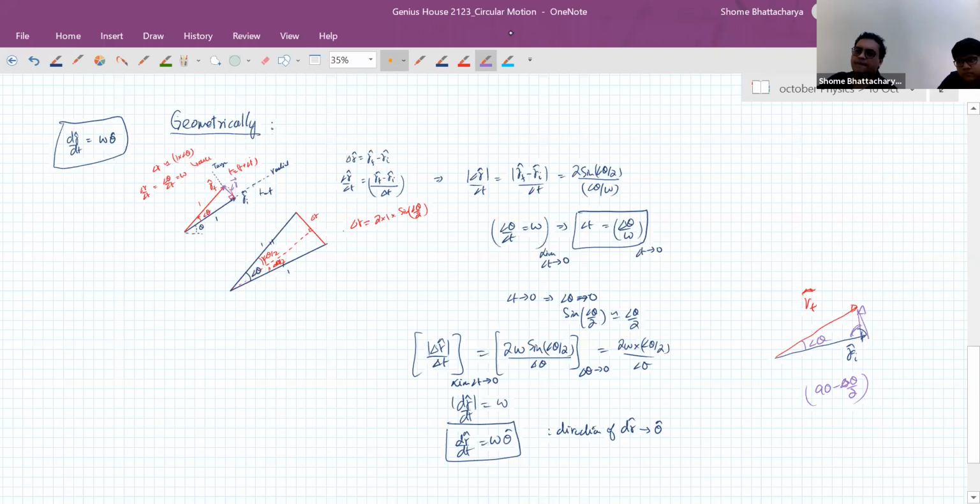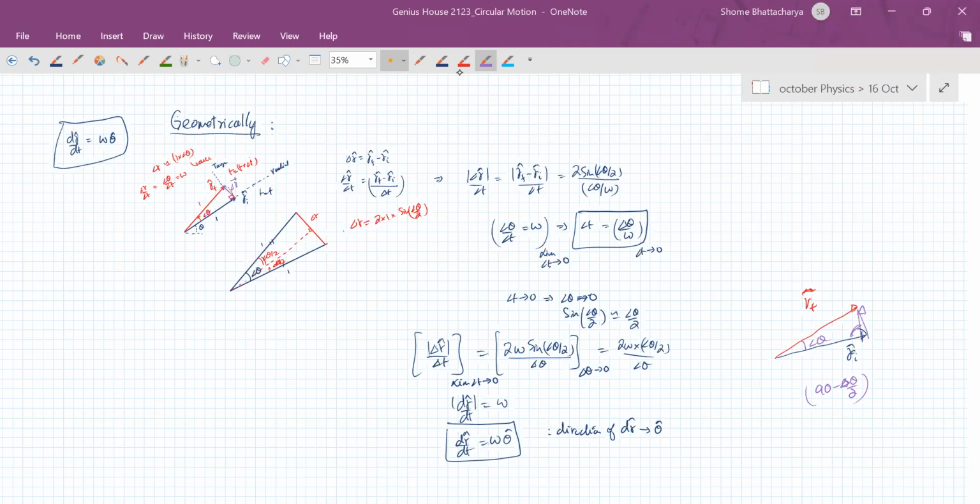Is it clear, beta? Sir, it makes sense mathematically. I'm trying to imagine it. Yes, that's what I'm saying. Try to imagine this. So this red line, Janvi, it has come almost in contact with the blue one. Understood? As this comes closer and closer, this angle delta theta is smaller and smaller. So this angle is tending to 90. These two angles here, they are both tending to 90 instead of 90 minus delta theta by 2. Okay. Yes, sir. I got it. It's a little tricky, but that is how we have to do it. So again, it comes down to calculus, visualizing that limit, that delta t is tending to 0 or delta theta is tending to 0. Okay?